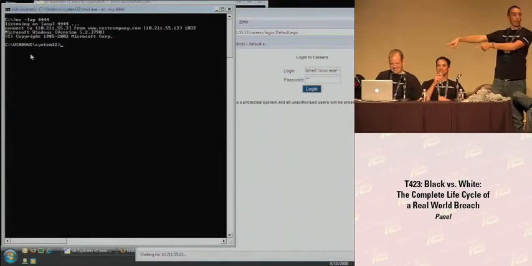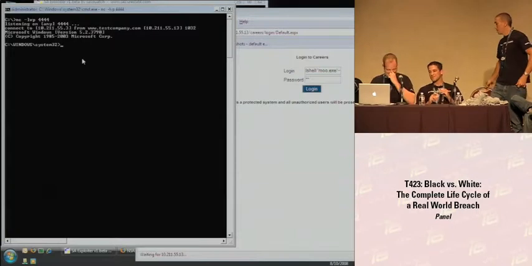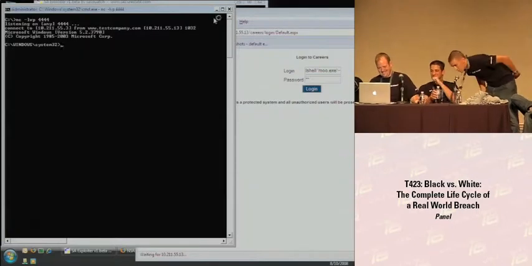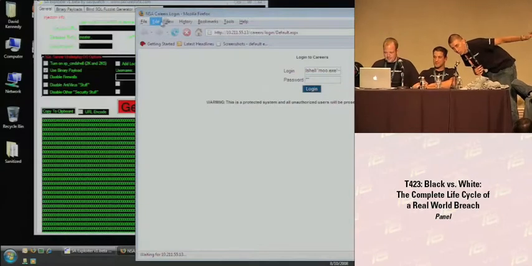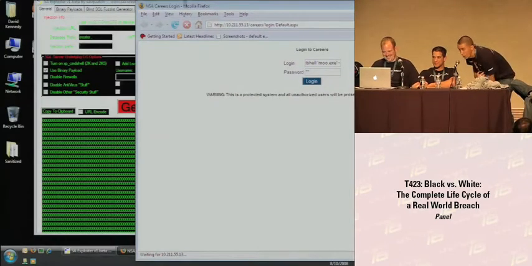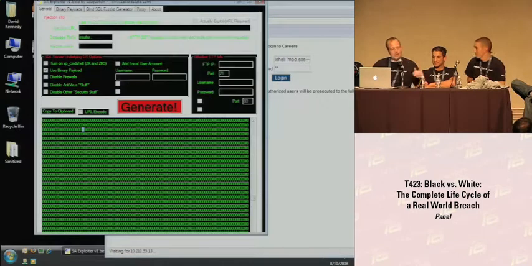Yeah! There's the shell. Shell number 1. Anybody see that? That was an elite hack. Control-C, Control-V. Hard, huh? All right, so in this pen test, what we did first was we created a custom